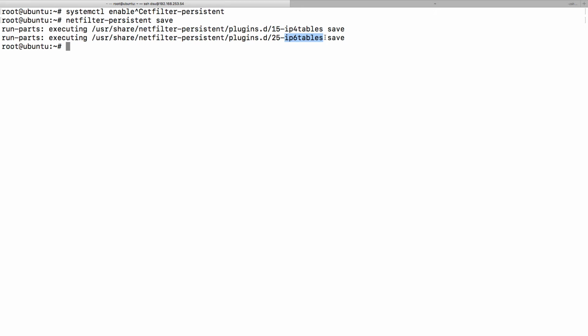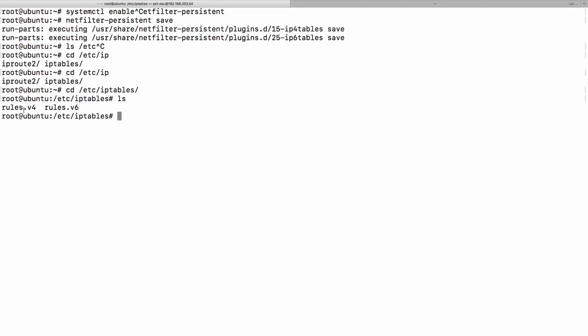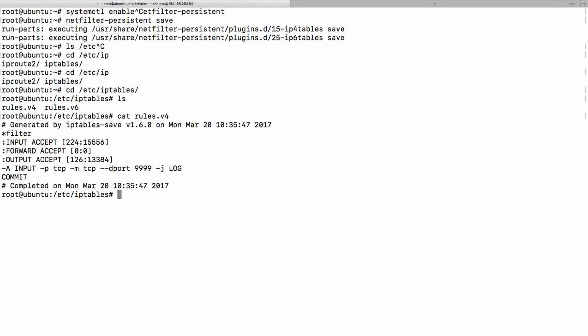We haven't really talked about IPv6 stuff, so we're just going to rely on this. What that actually does is it creates files in this /etc/iptables directory, and it has rules.v4 and rules.v6. If I was to look at rules.v4,